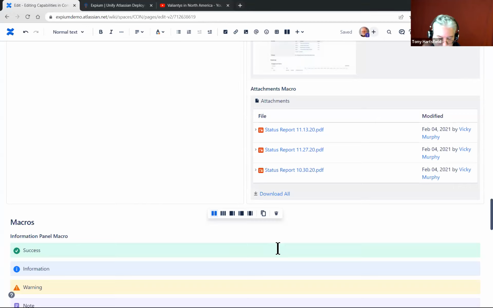It feels like programming, and it's really not. What a macro is in Confluence is a way to either format content, so you alter the look and feel of it, or it's also used for navigation tools. And so those are the basic primary ones. But let me show you a few that come with it that are quite useful